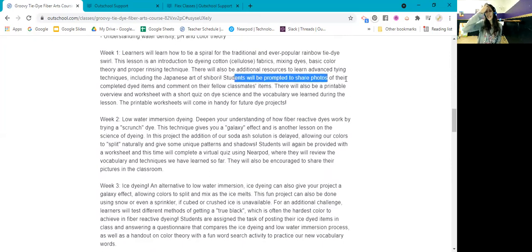Now, we don't say, "I'd love it if you..." No, this is a requirement for the class. At the end of the week, you will post a picture in the classroom. Now, of course, you can't go over there and force them to do this, right? But you are expecting them to. So you let them know that I'm expecting you to share a photo in the classroom and comment on their